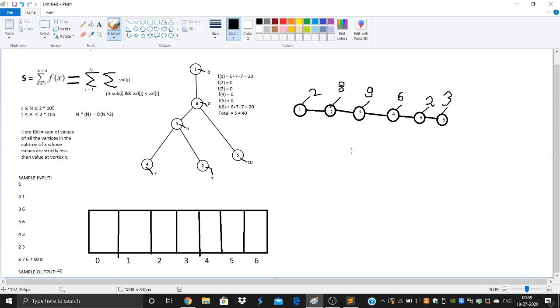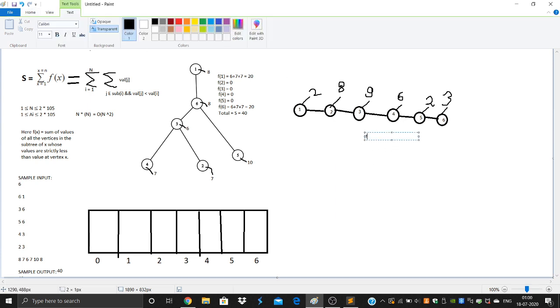So suppose I want to calculate f of 4 here, in the tree to the right. Suppose I started DFS from 4. I would visit 5 and 6, and both of them have values strictly lesser than 6, so that would be 2 plus 3, that would be 5.